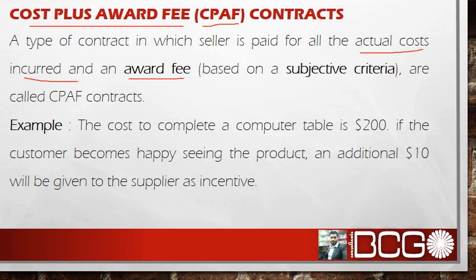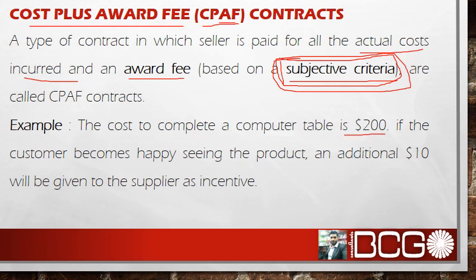CPIF contract, in this type of contract the award fee has a subjective criteria. Means there is no condition based on which you can judge whether the supplier has performed well or not. This is a subjective criteria which has been set in the contract while the contract was signed between the two parties. An example of such a contract can be: the cost to complete a computer table is 200. If the customer becomes happy seeing the product, an additional 10 US dollars will be given to the supplier as